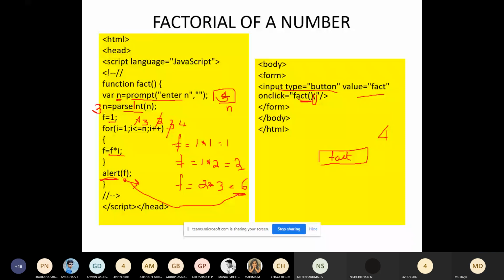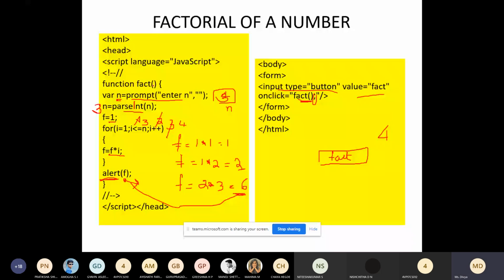So this is a simple program showing the concept of functions. Functions are the building blocks for modular code in JavaScript and are even used for building pseudo classes, which we'll discuss later. Here we use a reserved word, we can call it a keyword, that is function. Followed by that, we write the name of the function, and optionally, if you want parameters, you can write the parameters here.